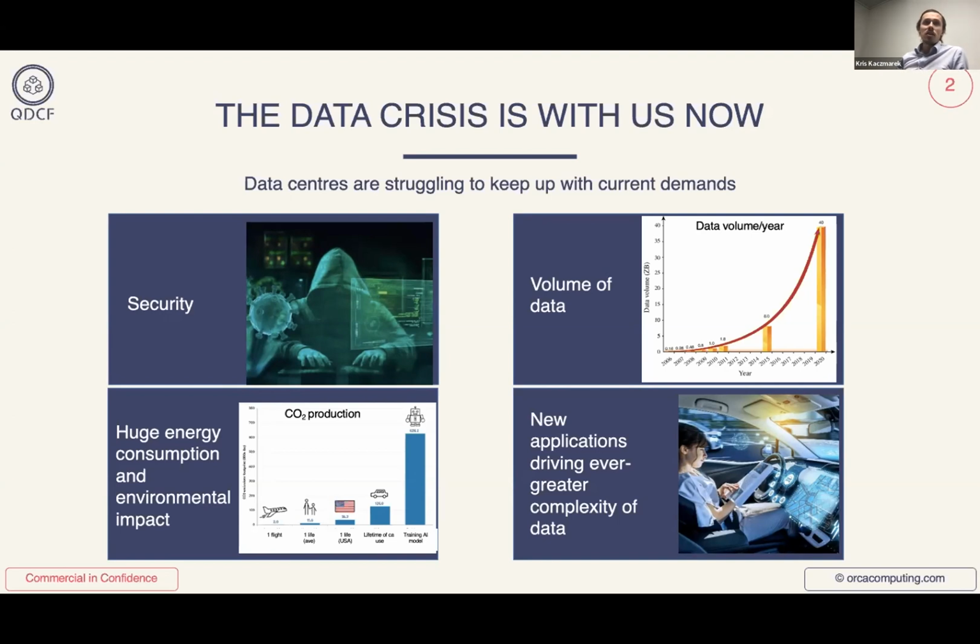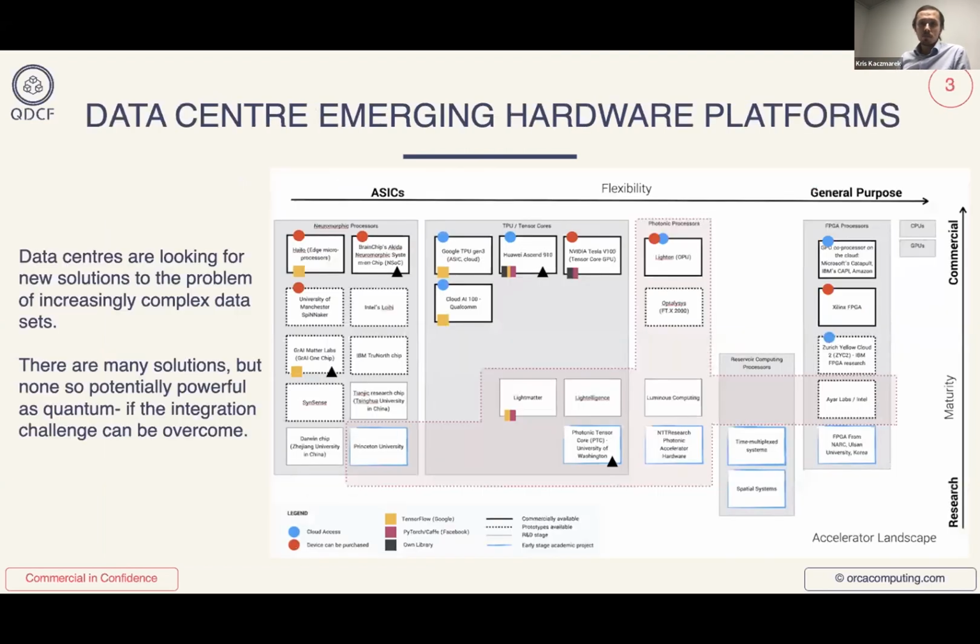And finally, there are things that we are not even anticipating in terms of data center usage. I mean, there are new applications popping up all the time, including, for example, driverless cars. That's a huge processing task that to some extent can be done locally in the car, but probably a big proportion will also be moved towards the cloud and have to be handled by data centers.